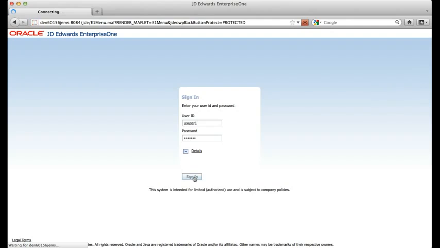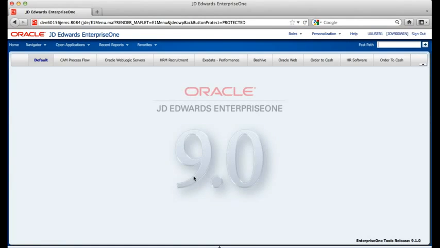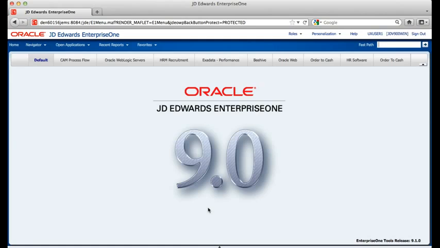The first screen that you will see upon login is our default page. This page programmatically displays the EnterpriseOne application release and what tools release is powering the application. You will also notice that we have gotten rid of the left-hand navigation paradigm and moved to a more web application navigation. Removing the left-hand nav allowed us to free up about 22.5% more real estate for the end user